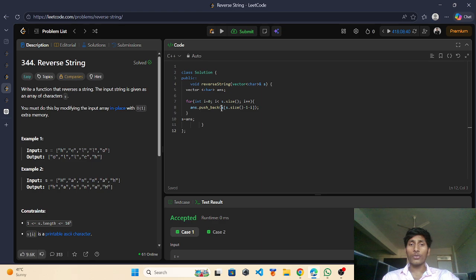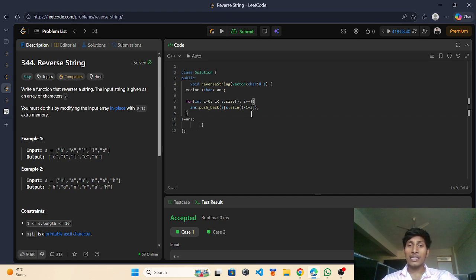As we have created an empty array here, in this loop we use s.size(), meaning the size of this string. The size of the string minus 1 means the last index of this string, because the size of a string is one more than the last index, so we subtract 1 here.